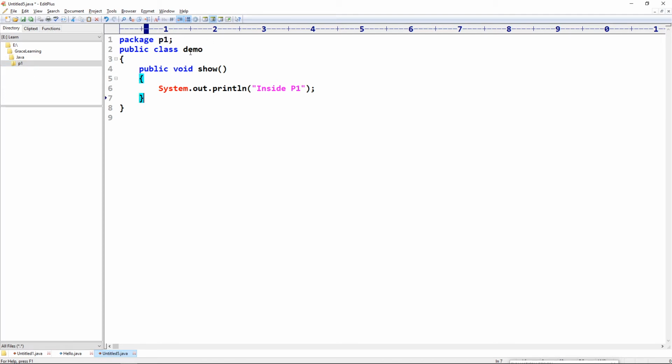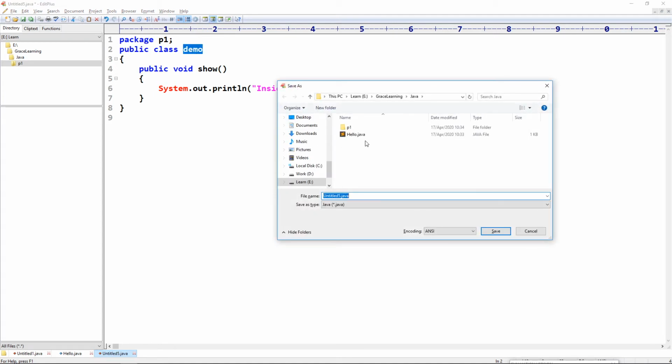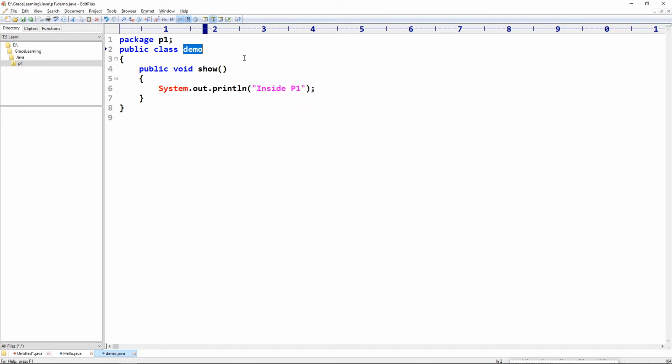Okay, then my class name is demo, and here I mentioned public keyword, so I will save this file with the same name, that is demo.java inside p1. Simply you can remember one convention, folder name and package name should be same and class name and file name should be same. This is how we can implement package.